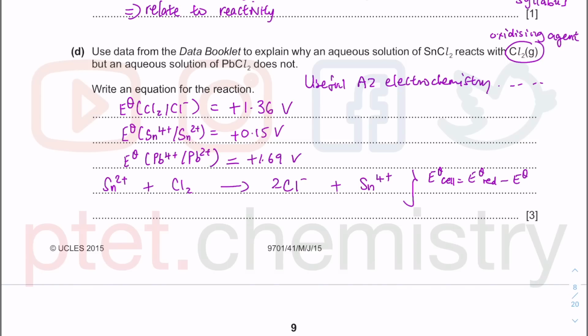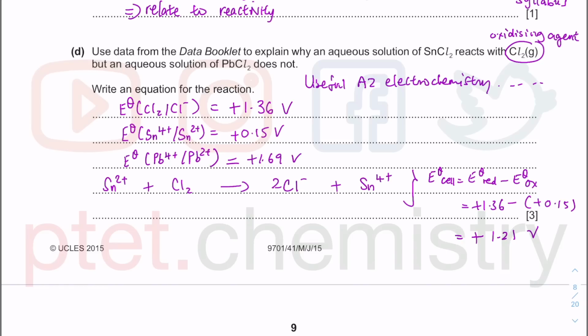which is your E red minus your E ox. And if that is true, the Cl2 goes to Cl minus. This is going to be your E red, and this is going to be your E ox. So you can see that something which is more positive minus something which is less positive, you're going to get something positive. 1.36 minus 0.15. Your calculator shows you 1.21,